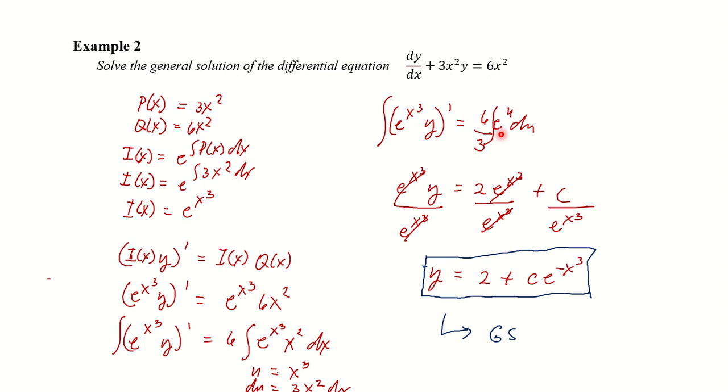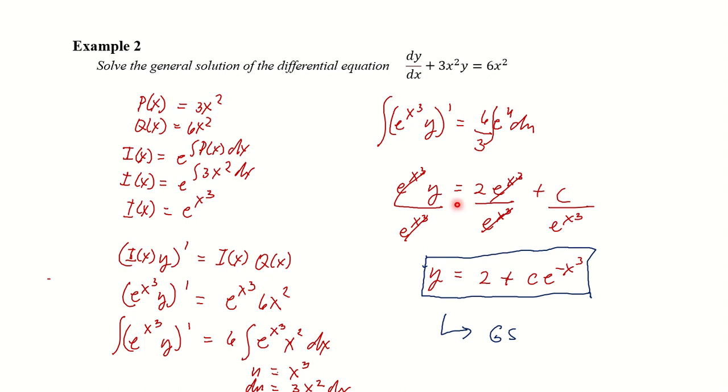And then after that, we get the integral, and you are aware that the integral of e raised to u du is e raised to u plus c. So the resulting equation will now then be equal to e raised to x cubed y. Again, the integral of the derivative of an expression will give you the expression itself. So you'll be having e raised to x raised to the third power y, and this is equal to 6 divided by 3, which is 2. And then again, the integral of e raised to u du is e raised to u, and your u is x cubed. So we have 2 e raised to x cubed plus the arbitrary constant c.